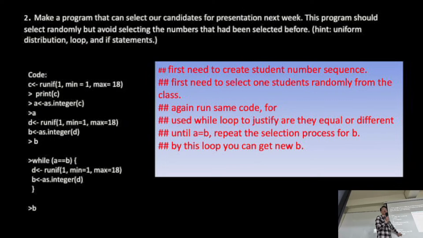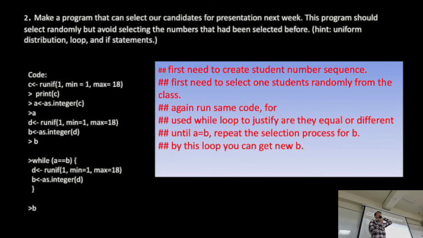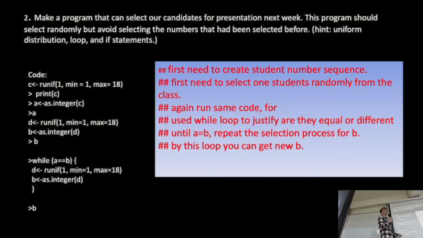This can only choose 1 or 2 students, right? If you have a third one, you have to compare A and B and decide C. And if you choose D, you have to compare A and B and C and decide D, right? If your logic is that, you have to write the program like that. Otherwise, this does not solve the homework completely. It's okay. You have the time to fix your homework. Then if Papilla successfully did that, choosing A, B, C, D, E, F, G and so on,